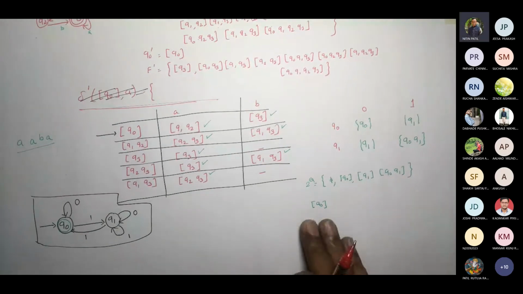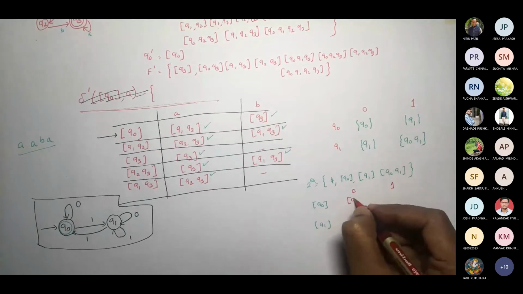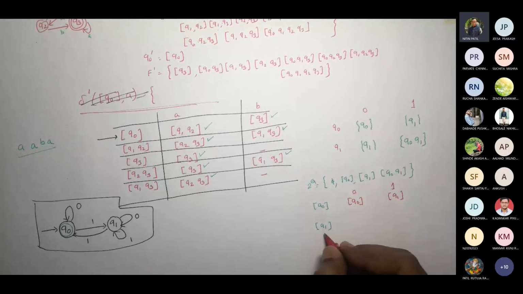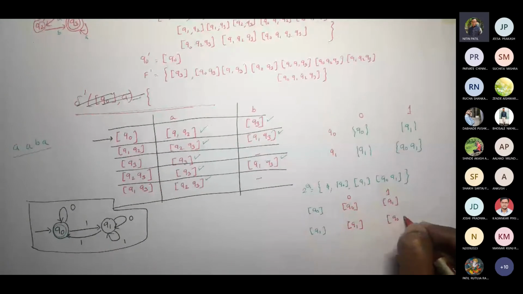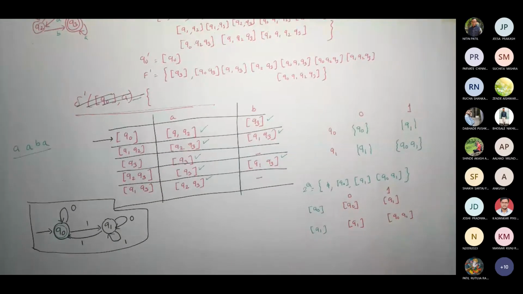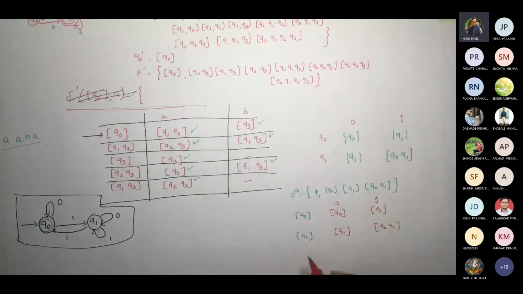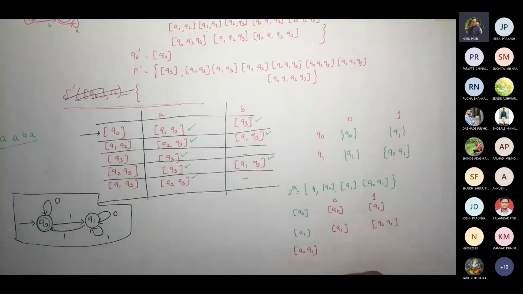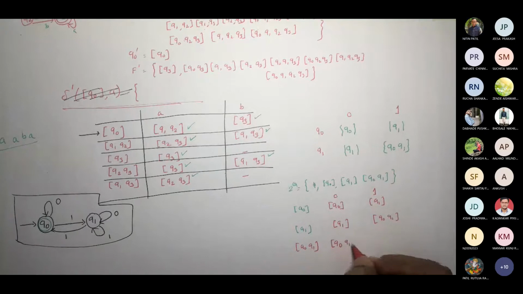Now I directly took Q1 because I can see that from Q0 on 0, there is Q0. From Q0 on 1, it is Q1. So that's why we took Q1 here, because Q0 is already addressed. So this would be Q1. This would be Q0, Q1. Correct? From Q0 on 1 and Q1 on 1, so we took this. So then it would be Q0, Q1. So if I give Q0 on 0, it would be Q0. And from Q1 on 0, it is Q1.